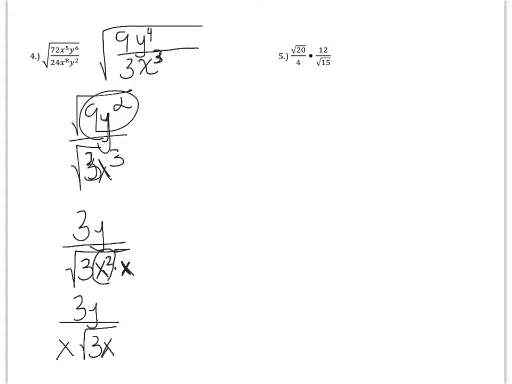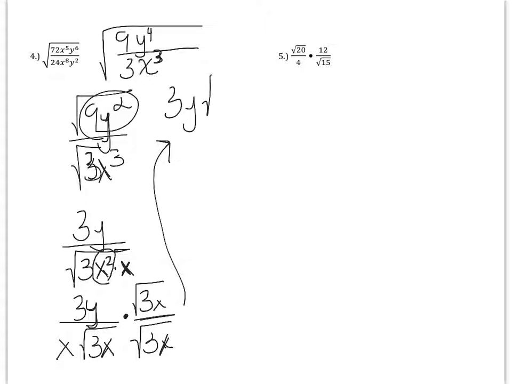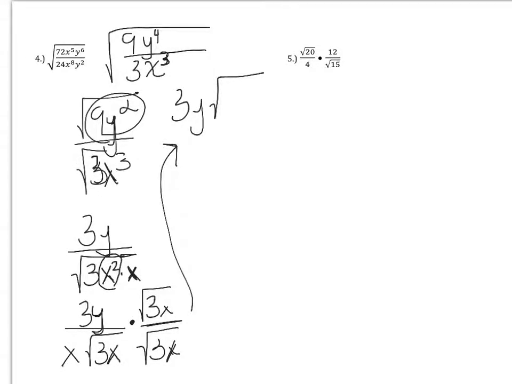Now I'm going to get rid of my radical in the denominator. I personally think it's always easiest to fully simplify everything before you get rid of that radical in the denominator. So to get rid of the radical in the denominator, I'm going to multiply the top and the bottom by the square root of 3x. And when I do that, the whole top, I'm going to have 3y on the outside, the square root of 3x on the inside of the radical over, well, when I put this all together, this is just regular 3x, but it's being multiplied by another x, so that's going to give me